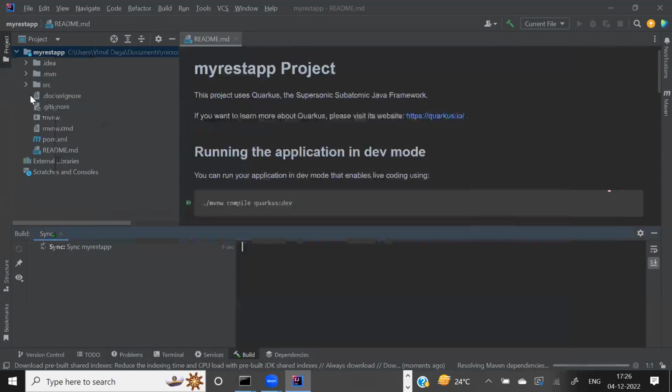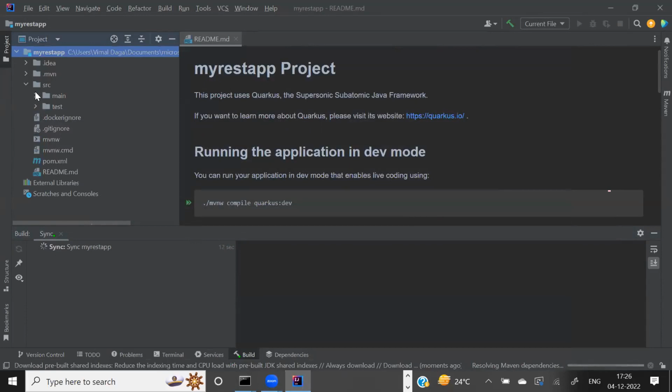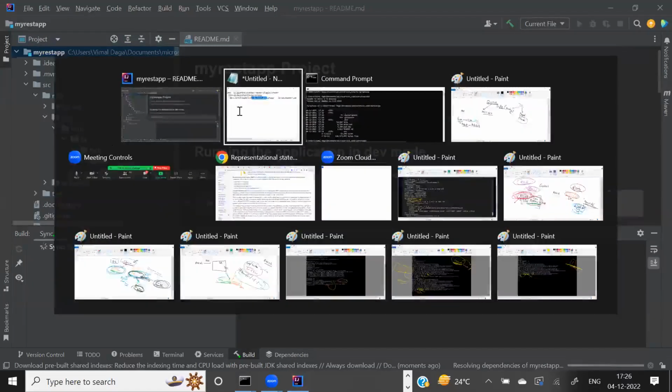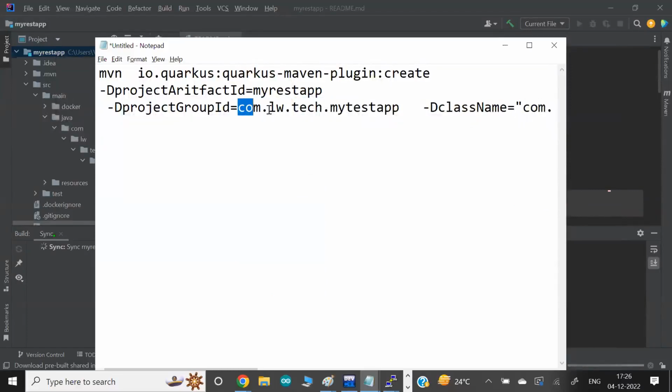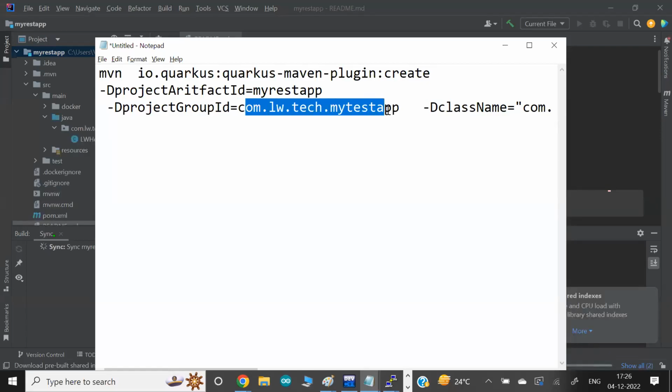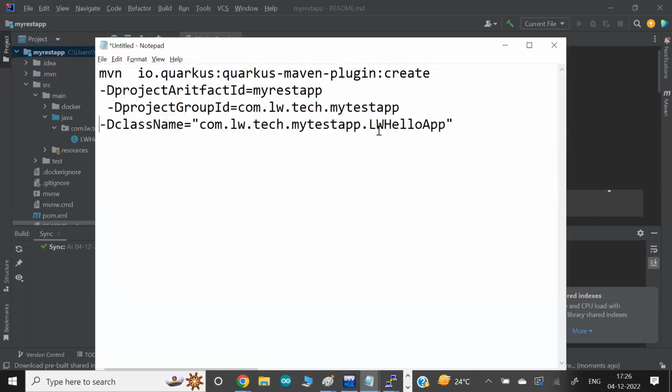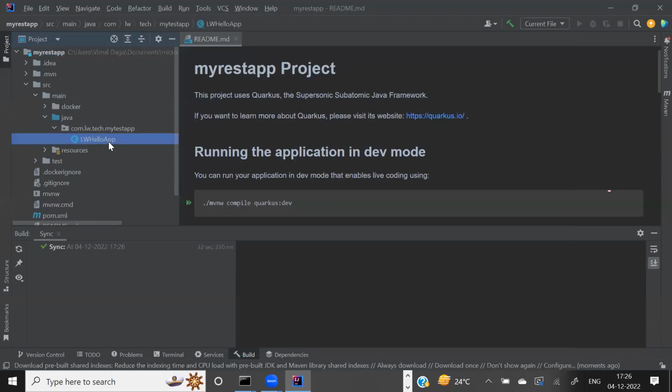So if you go inside the SRC folder, in the main folder, in the Java code, you can see this proper folder hierarchy they created. Okay, so inside the com folder in Java, guys, to give the folder, we use dot actually. Com, then _ then tag, and the my test app. So you can see this is the hierarchy they show you. Okay, and in this hierarchy, they create one class file, my code name with this name, nice world hello app. This is what you can see. That's my final code.